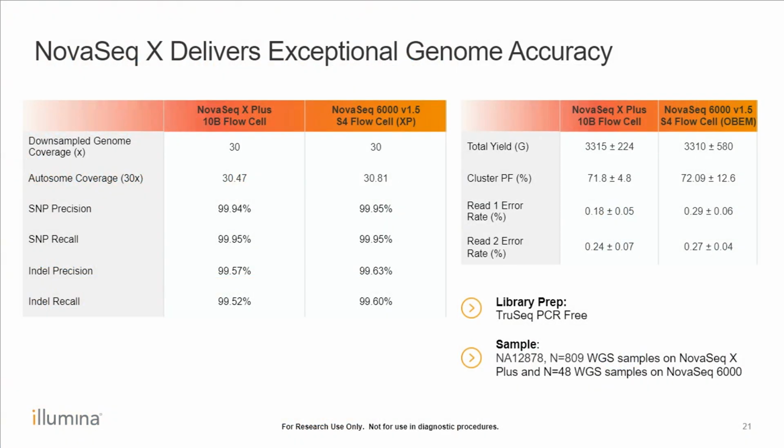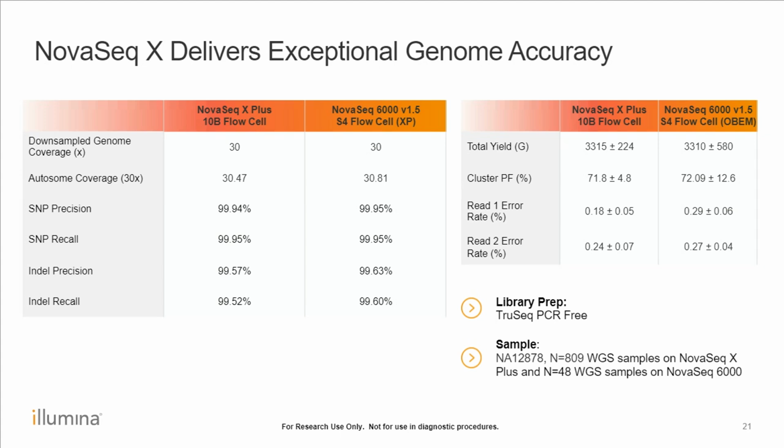Okay, so the comparisons for the 6K to NovaSeq X data. For whole genome, you can see we have the number of samples that were assayed at the bottom, but they're all based on 120 gigabases per sample, so at just slightly over 30x coverage. And if you're interested in more of the data comparisons, I believe the resource list should have the data concordance